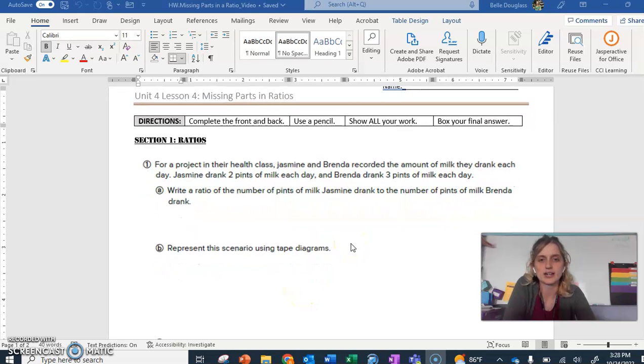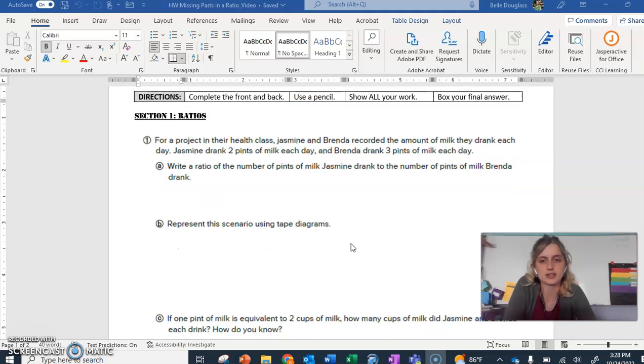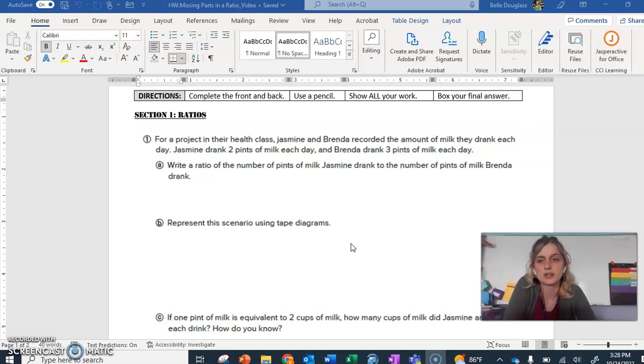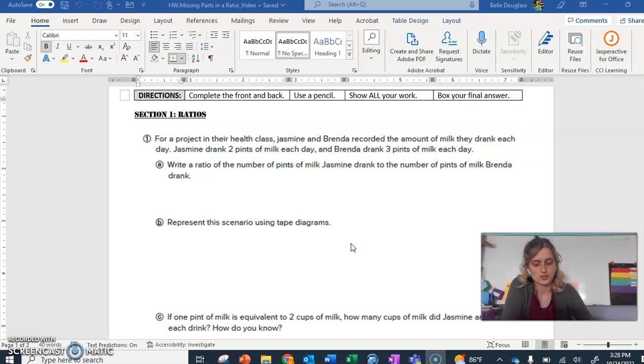So on one side we have ratios, and on the other side we have review of some integers. So I'm going to do a little bit of each. Starting with the ratios, you can choose to do either a ratio table with a tape diagram or a